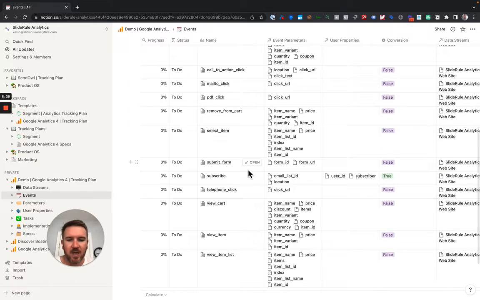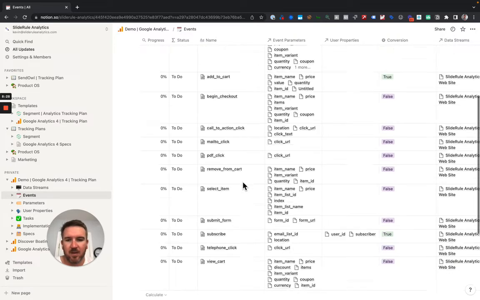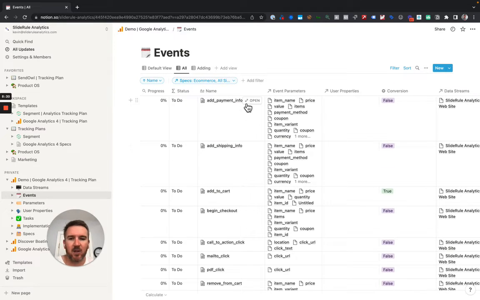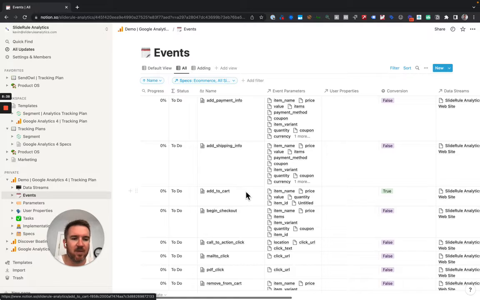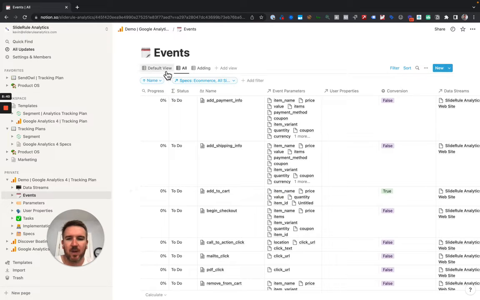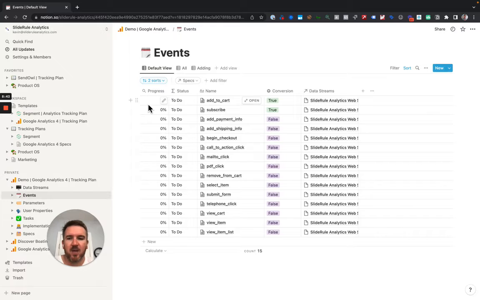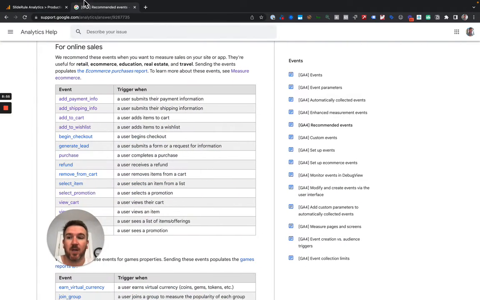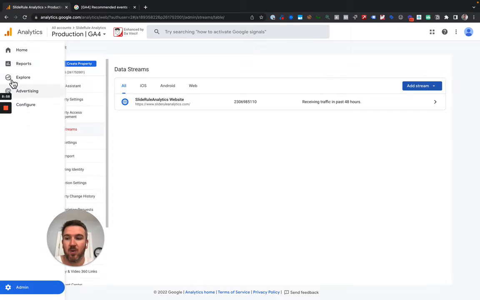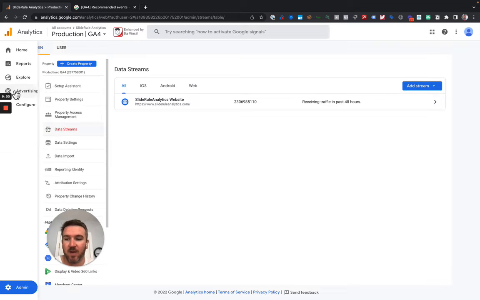Great. Okay, cool. Now that we've deleted the specs that we don't need, let's walk through the structure of an event here. So let's take a look at the add payment info event. Or let's take a look at an add to cart event, because that's more intuitive. So first, I'm going to go back to the default view here. You'll see we've got 3 high-level properties: the progress, the status, the name of the event, whether or not it's a conversion. So if it's going to be a conversion, you're going to want to go into Google Analytics 4, and you're going to want to configure and mark those events